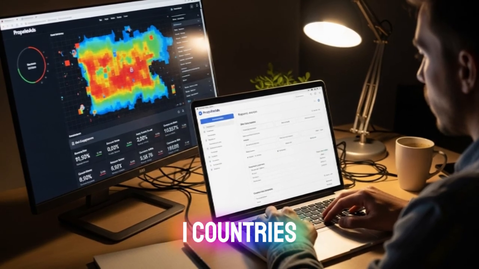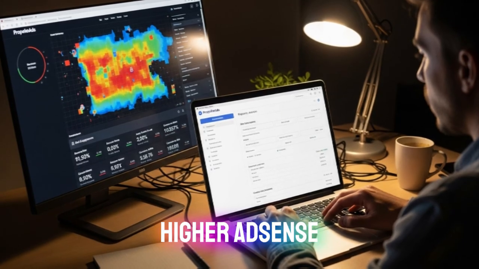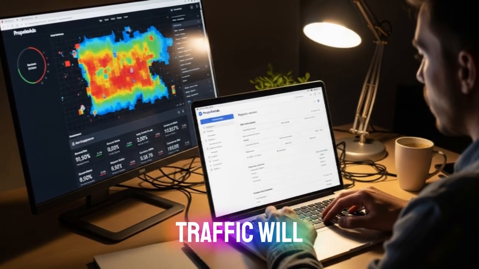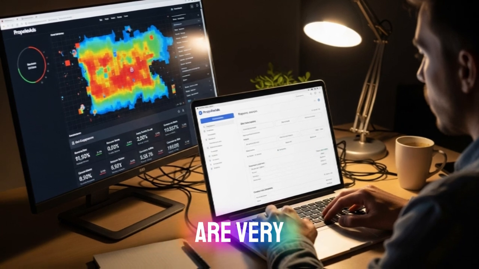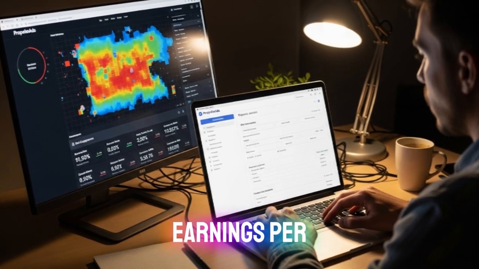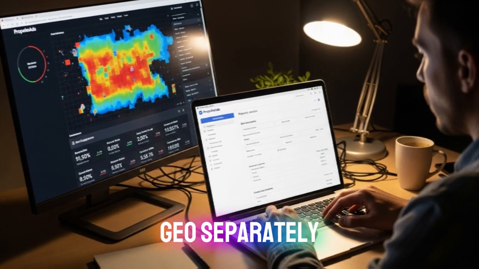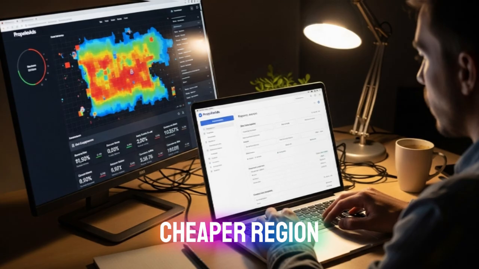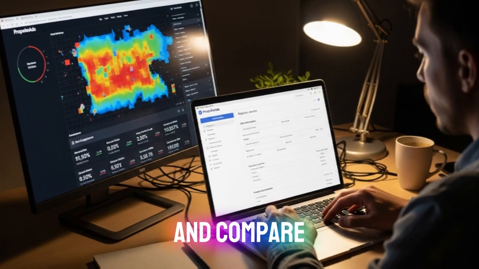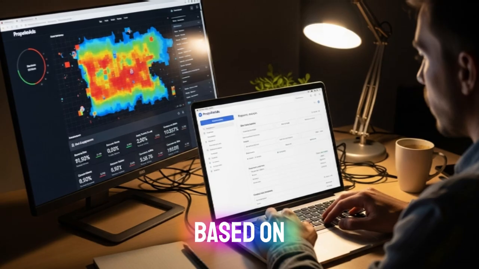Tier 1 countries, US, Canada, UK, etc., have visitors that trigger higher AdSense earnings. Their ads pay more, but the traffic will cost more too. Tier 3 countries, e.g. many in Asia, Africa, are very cheap to buy, but AdSense earnings per visitor there are much lower. A smart approach is to test a few geos separately. For instance, create one campaign for US traffic and another for a cheaper region, say India or Philippines, and compare performance. Initially, you might pick one primary country to focus on, based on where you think you can get a